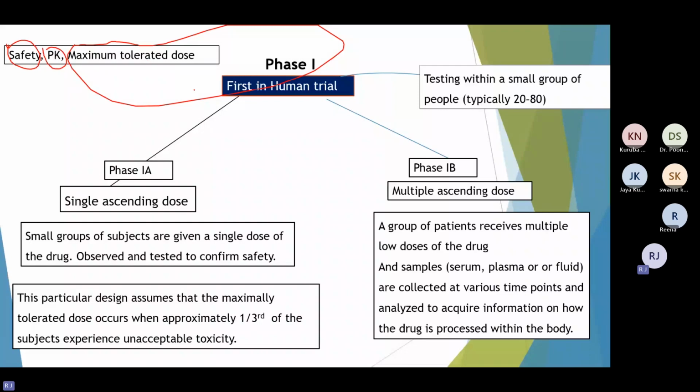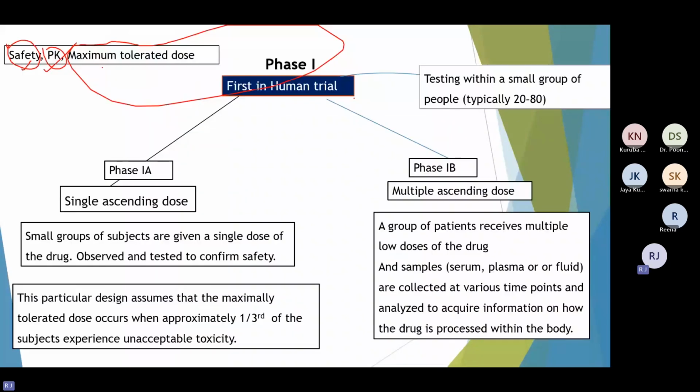So again, with the help of an example, we will understand how these things are determined. Okay, but for now, just understand that we determine at least these three things: safety, that is first, then second is PK, and third is maximum tolerated dose. Okay,